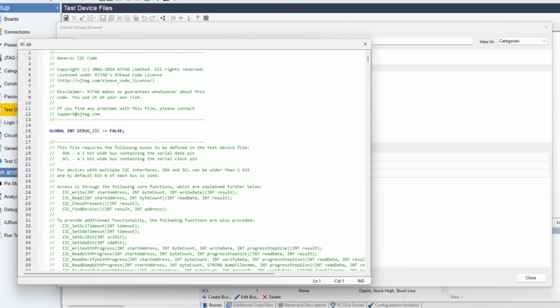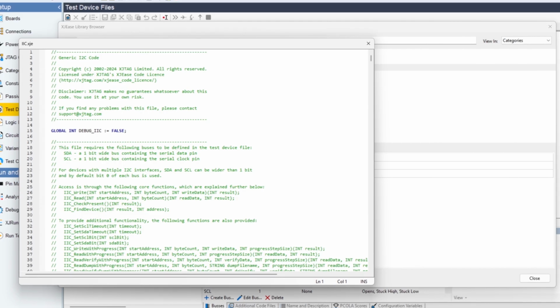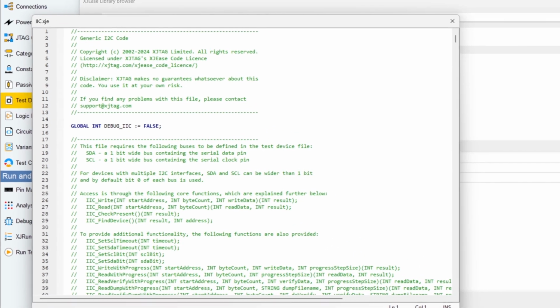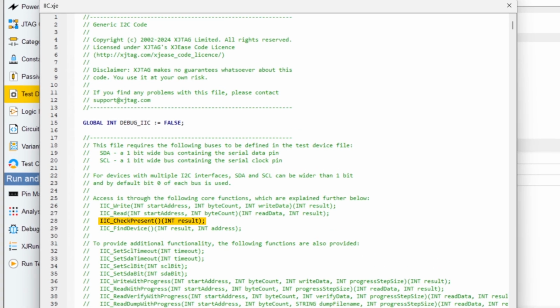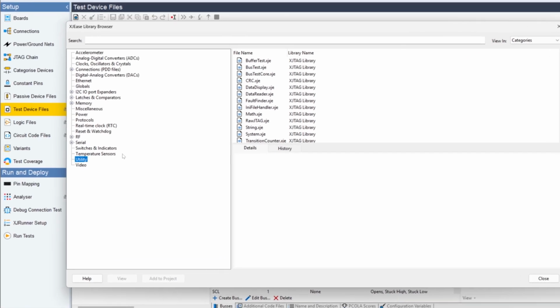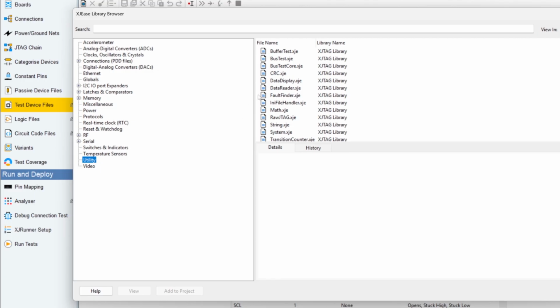For I2C, the most commonly used function is checkPresent, which checks a device responds to its address. There's also FindDevice, which scans all available addresses to discover which ones are being used, as well as functions for read and write. Then there's the Utility category.